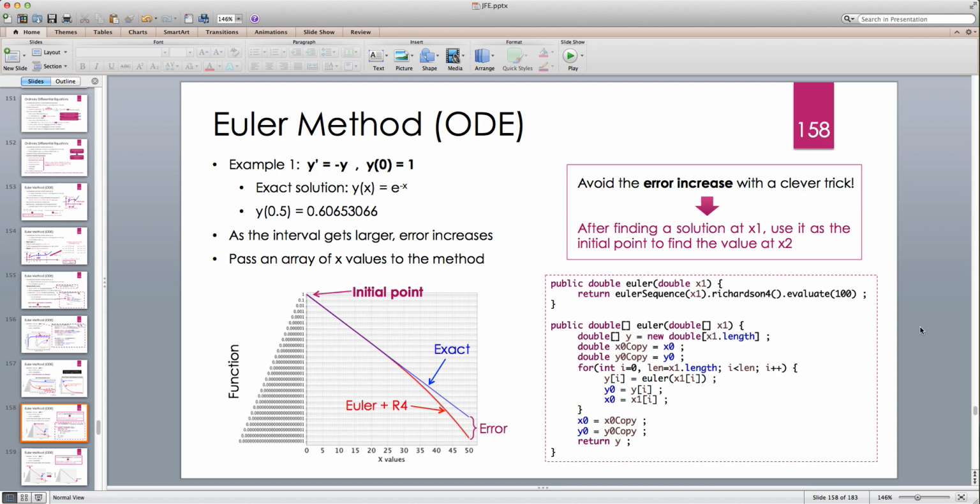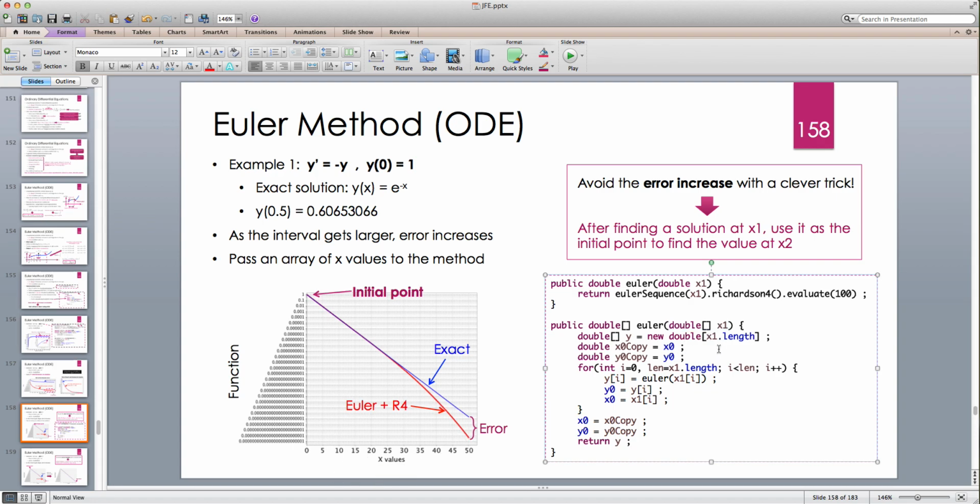But there is a much easier solution to this problem, and that's it. This particular solution applies when we're trying to find the solution at many points from 0 to 50. So let's say I want to find the values of the solution y of x at an array of x values, let's say 0, 5, 10, 15, 20, 25,